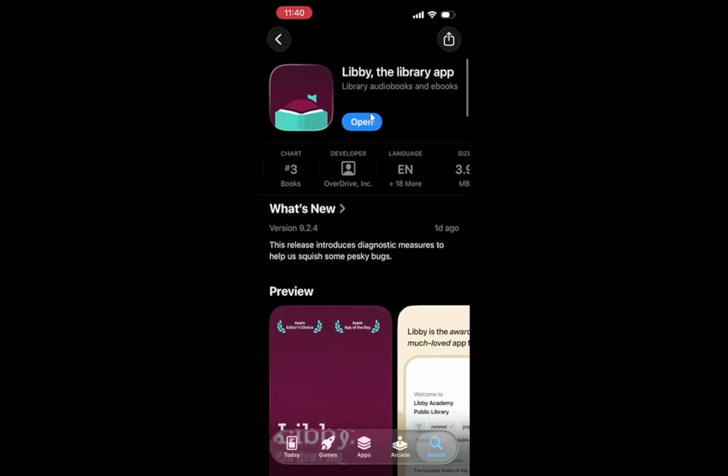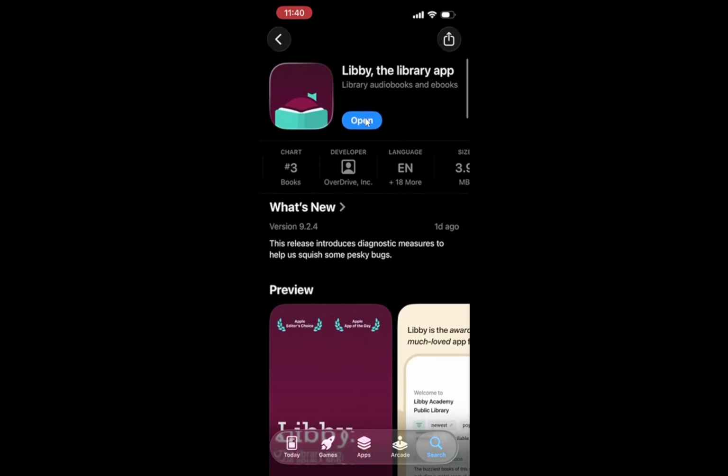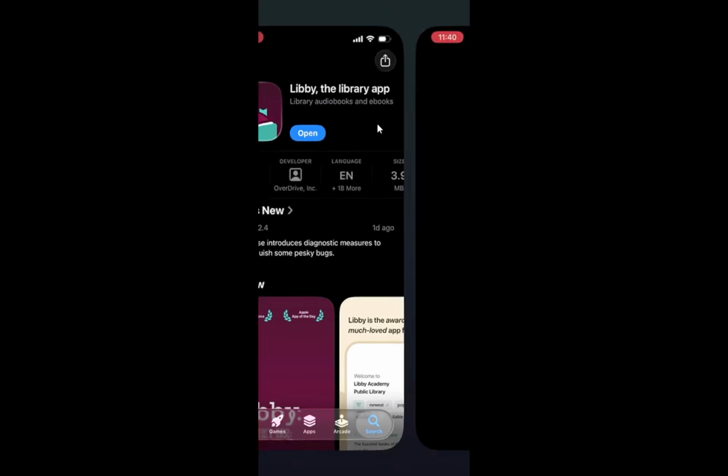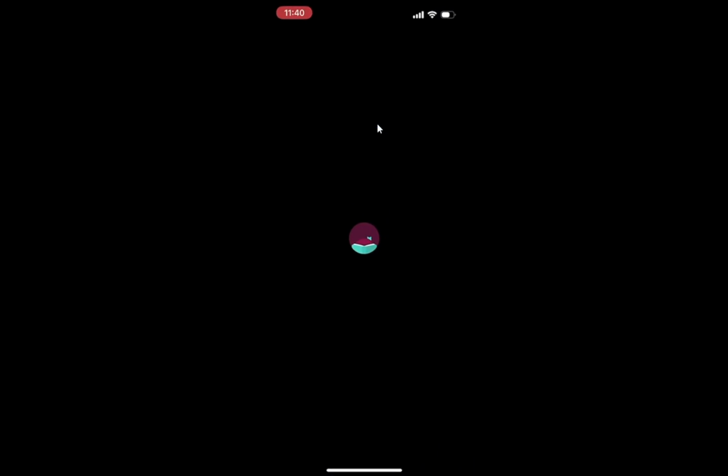After that, wait for the app to download and install. You will see a progress bar or a spinning circle slowly fill up. On faster connections, this might take only a few seconds, but on slower Wi-Fi, it can take longer. Once it finishes, Android will show an Open button, and iPhone will change the Get button to an Open button, which means Libby is ready.